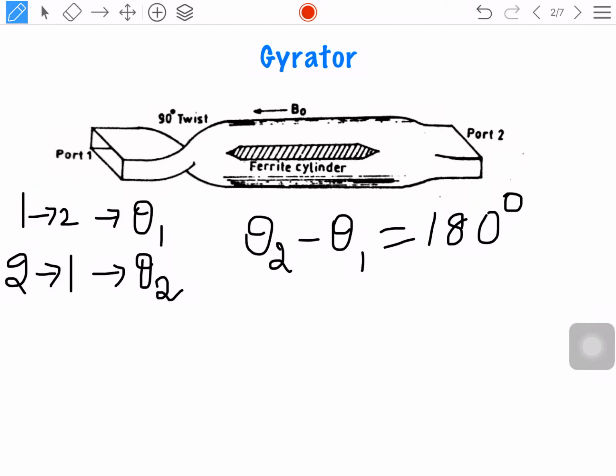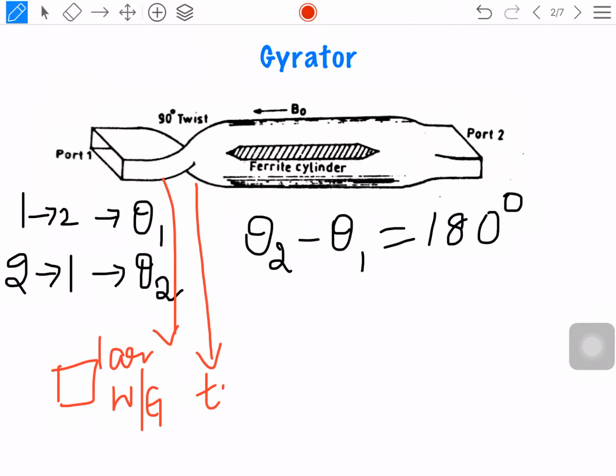Now in the figure, this one is a rectangular waveguide, and this waveguide has a twist. This twist in the rectangular waveguide is going to provide a shift of 90 degrees here,